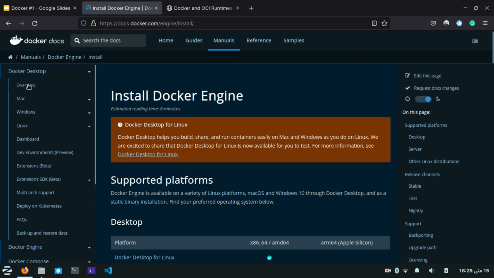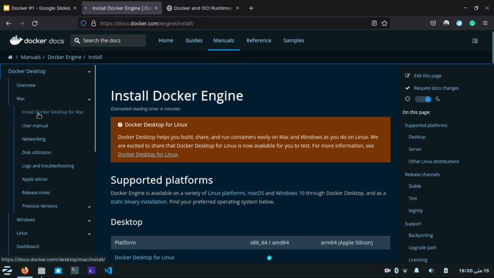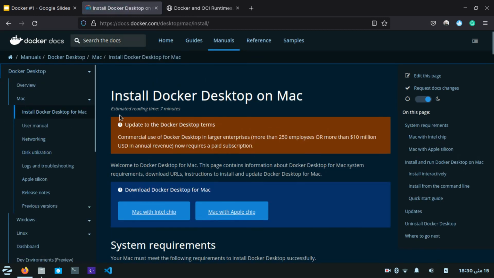As you can see in Docker Desktop, I have the installation process for Mac OS, Windows, and Linux also. If I want to install Docker Desktop inside Mac OS, I can click on this and take a look at the installation process.